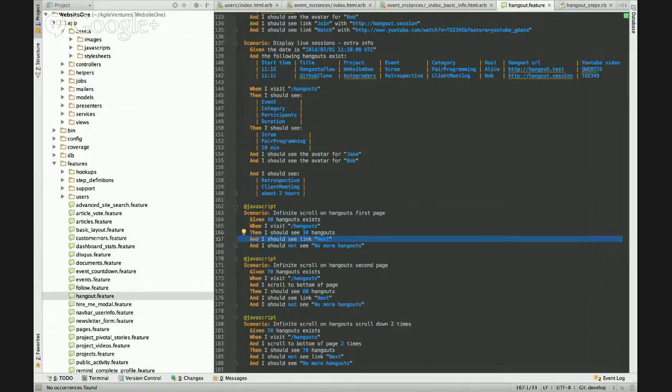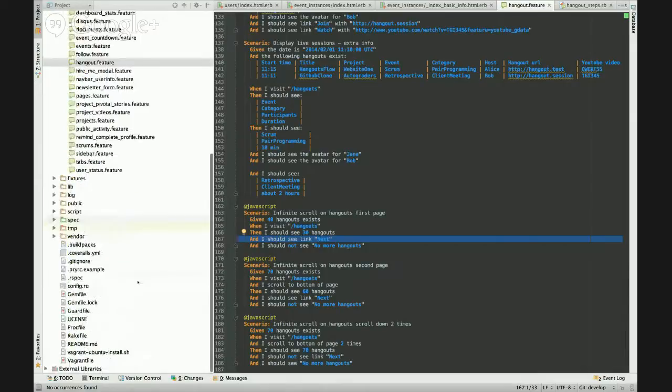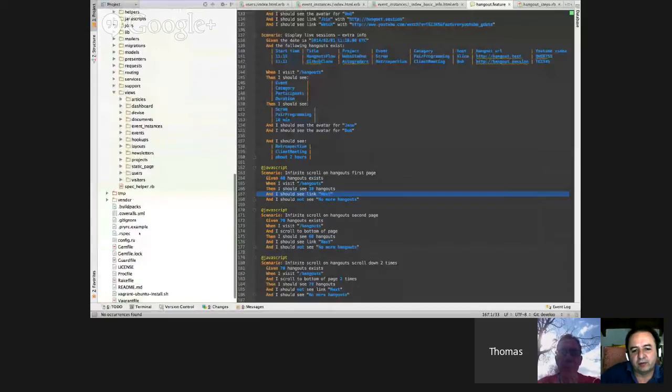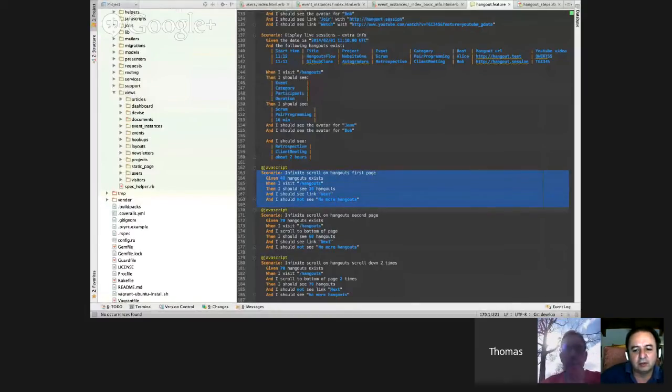I understand that, but the problem is that the Cucumber tests are supposed to be shown to the client. So if we show this to him, then he would say, "But where's the link? Where's that next link?" You know what I mean. So what I would say is that I understand we have to make sure the next link is there, but this is something that you have in the view spec. Perfect. You understand that? Yes. I will move to the other. Cool. So that's one thing, and the other one is.